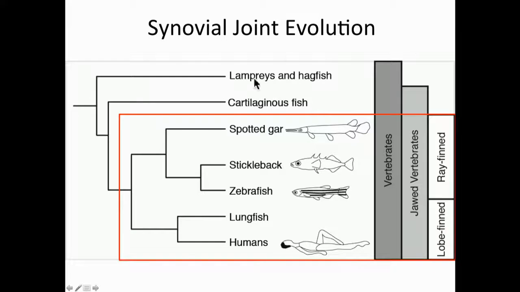So to sum up, we now have strong molecular and functional evidence for the presence of synovial joints throughout ray fin and lobe fin fish. And this begs the question, what about cartilaginous fish? And this is something that we're actively working on now to see if they have synovial features within their jaws